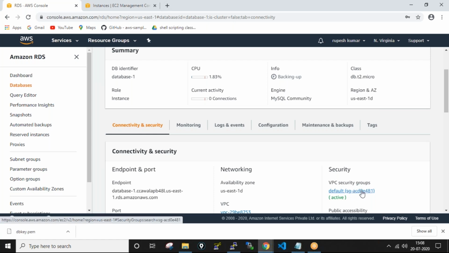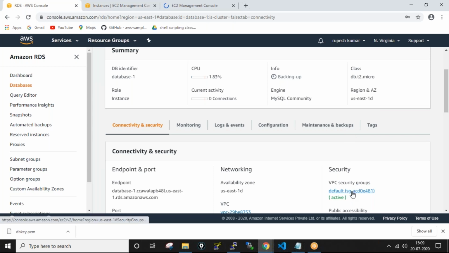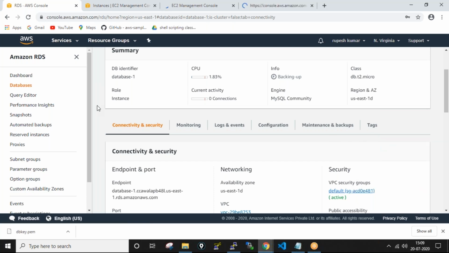Just click on the default security group, or else I'm taking it in a new tab here. It's not opening, so let me click on this one.